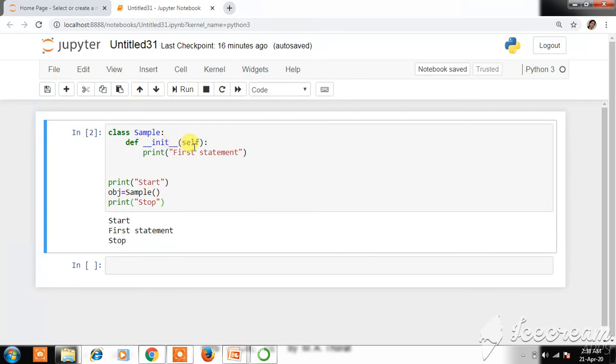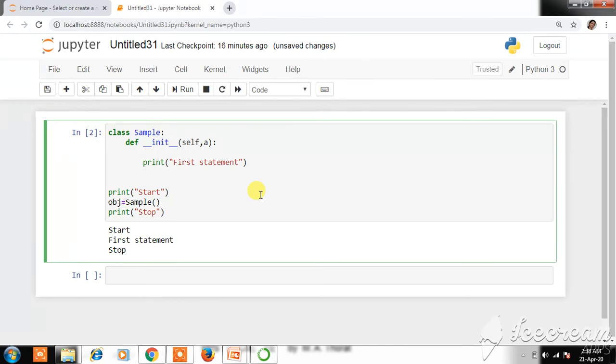So this is the simple init method without any arguments. Now we are trying to pass one argument to the init method also. Let's suppose we want to pass one value, which we are going to store in a. In the next line we want to store it in the val variable.